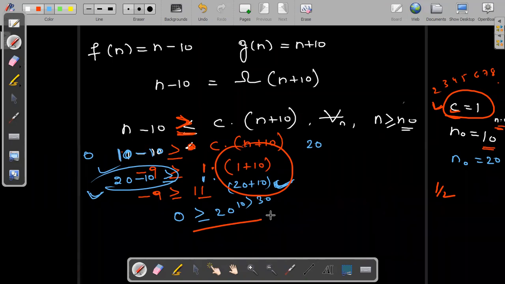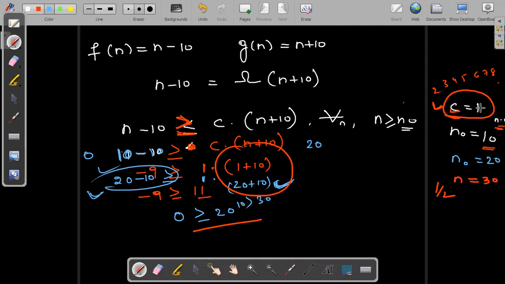Suppose for this one I apply. Just observe here. I will take n value is equal to 10. You check for 10. What will we get? Basically we got it here: 10 minus 10, 0. Again 1 by 2, what will you get? 10 plus 10 is 20. 20 divided by 2, 10. Again also greater. Take n value is equal to 20. Still you will not get it. Now take n value is equal to